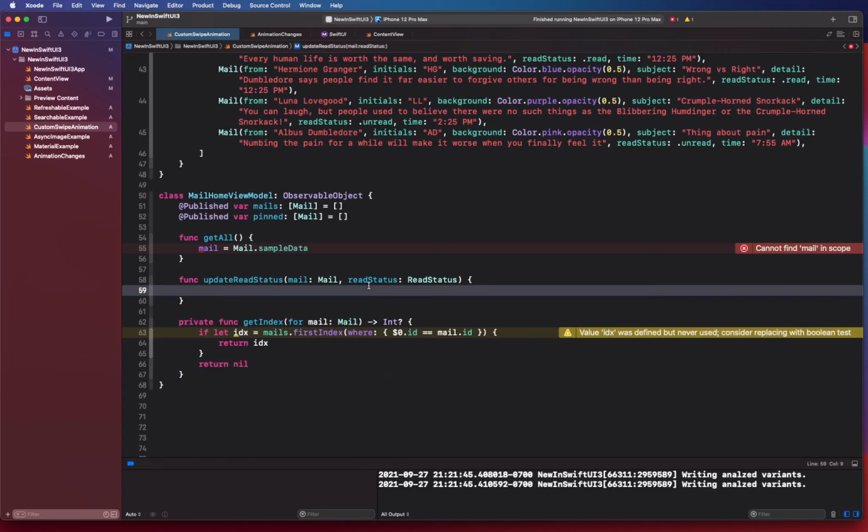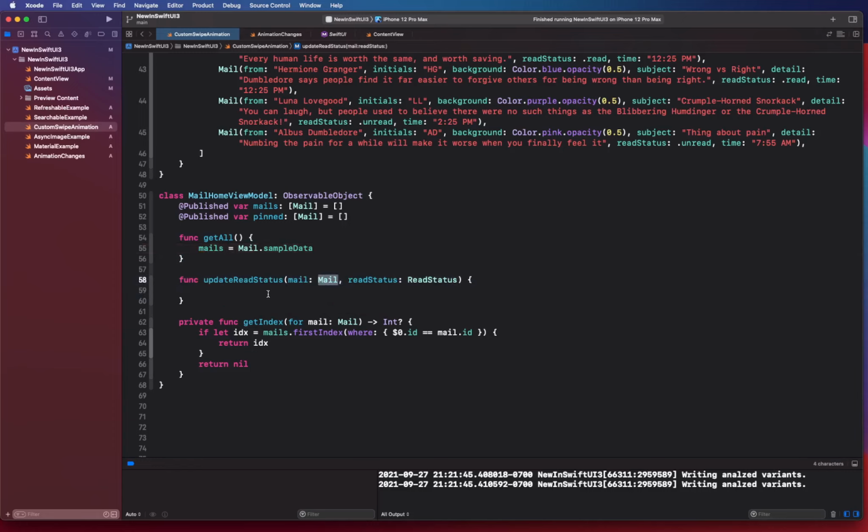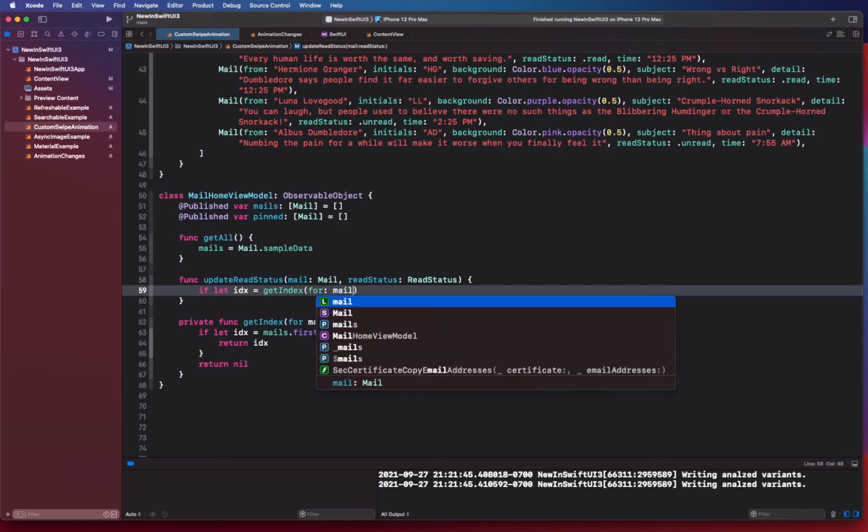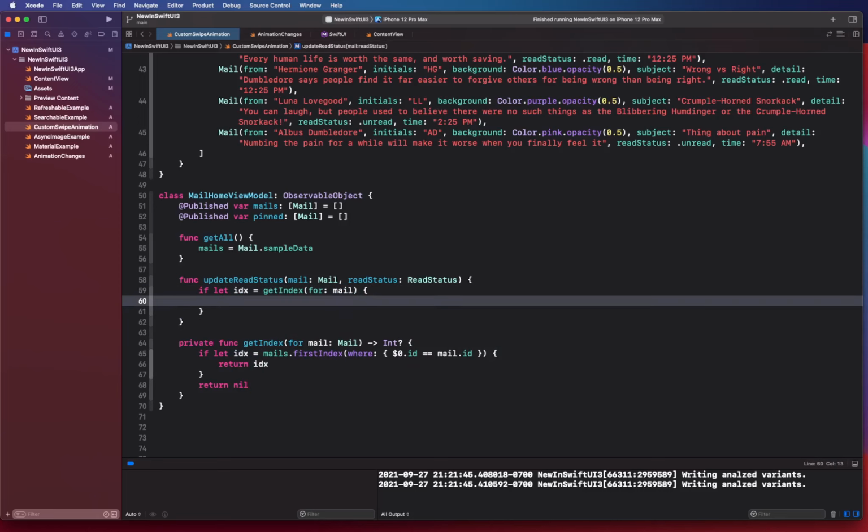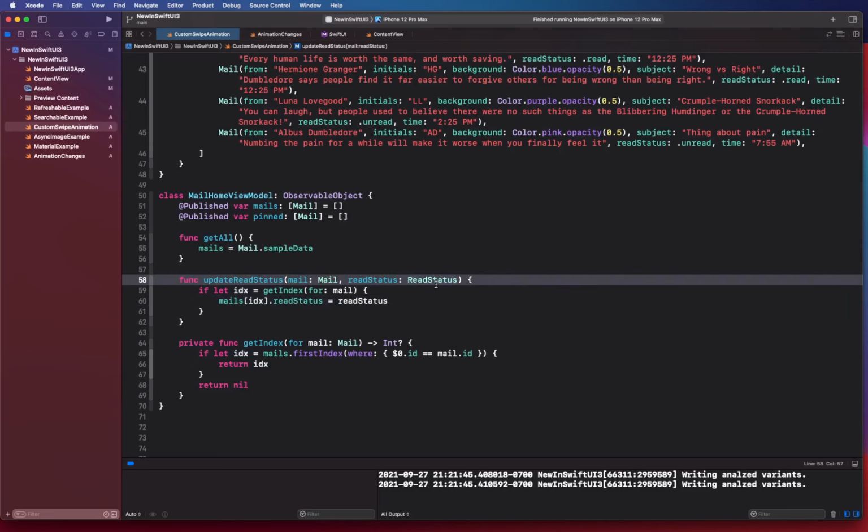Okay, so now we can use this. Let me fix this. Okay. So we can use this to find out the index for the mail that is being sent, for which we need to update the read status. So we're going to simply say if let index getIndex for mail that's been given to us, and we're going to go into our mails array, get the index, get its read status, and update it with the read status that's been supplied to us. Okay,